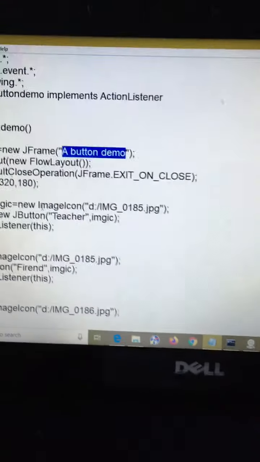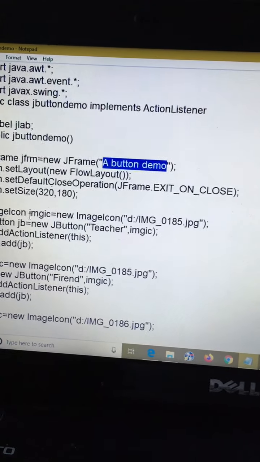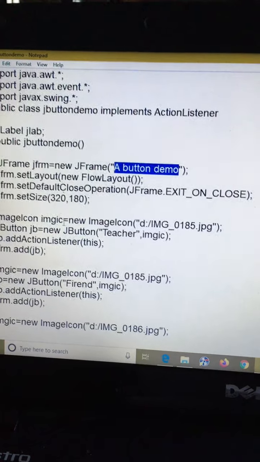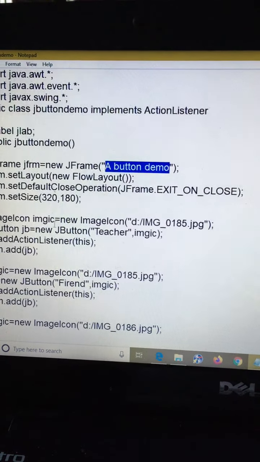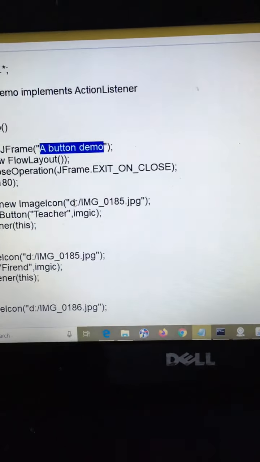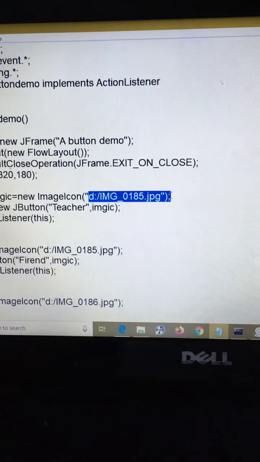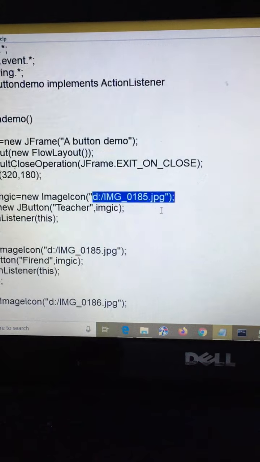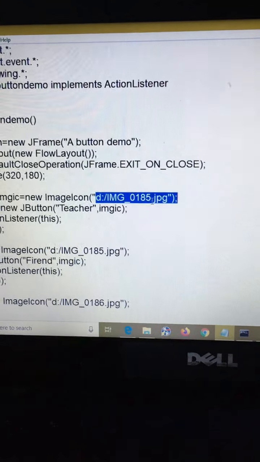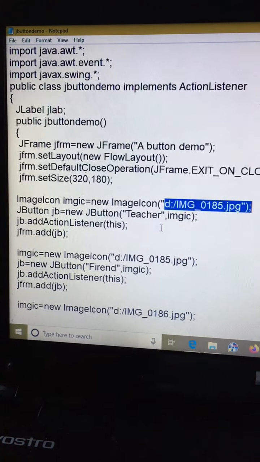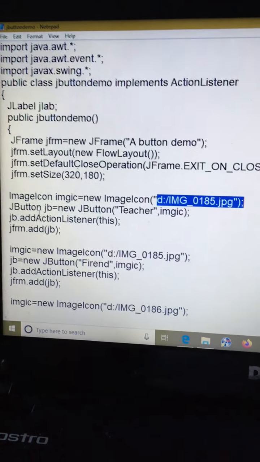Here we are creating icons by using the ImageIcon class, so we create images and icons using it. The icon is in the D drive, img_0185.jpg. This is the icon or image that will be stored in imgic. Then we are passing this imgic as a parameter to the JButton constructor.